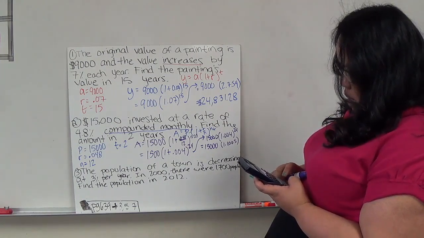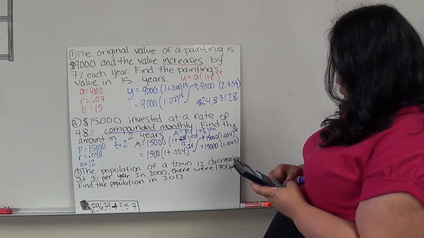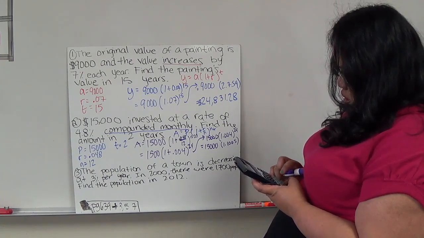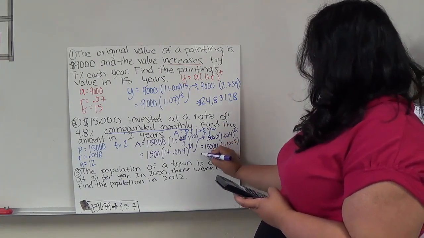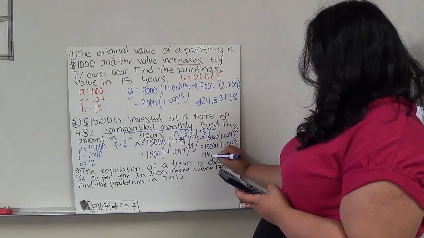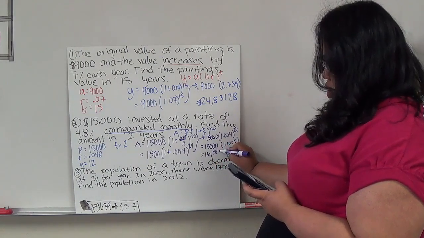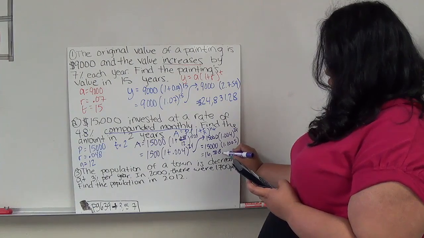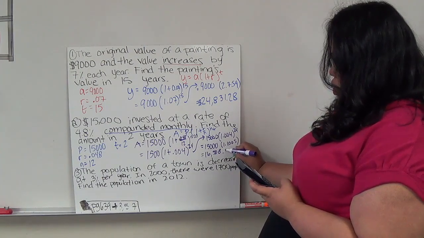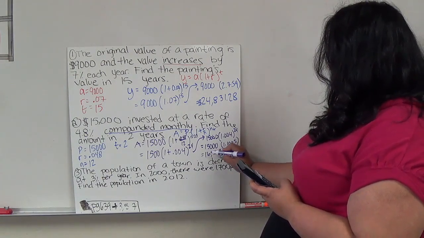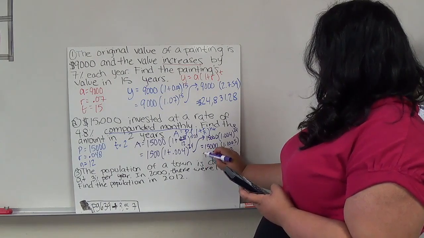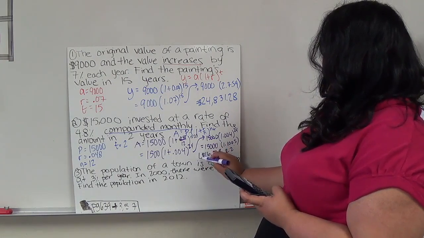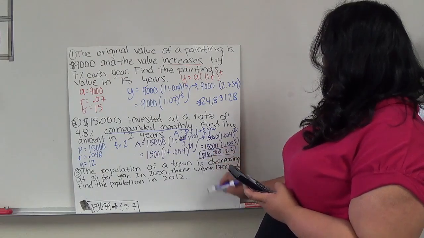We're going to times that by 15,000. That gives $16,508.22. So that means if I invest 15,000 with this deal that the bank is giving me, I would